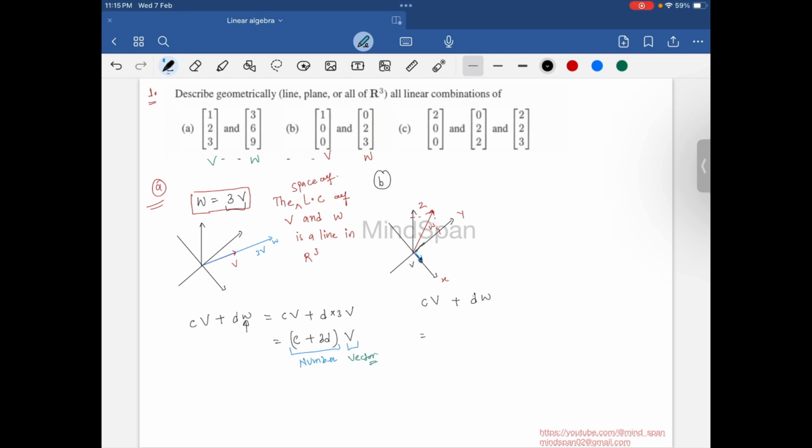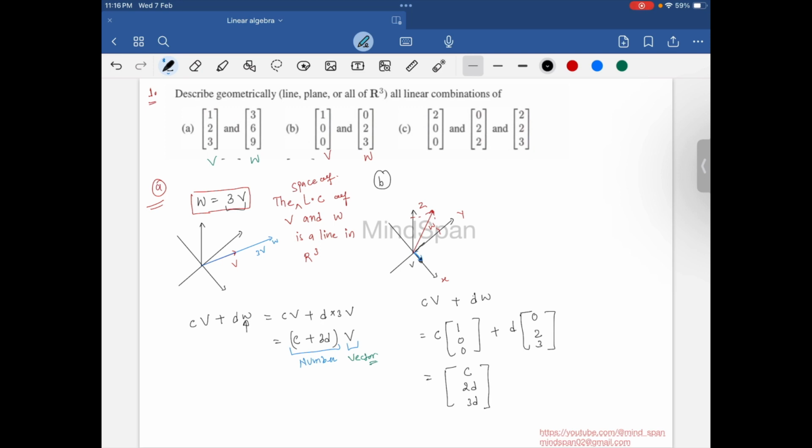So let me write it down. So that is c times 1 0 0, as v is 1 0 0, and this w is d times 0 2 3, right? So what we are going to get is c and 2d and 3d,